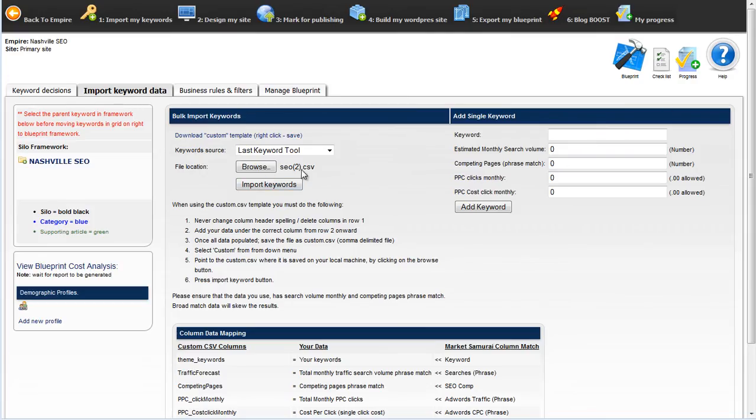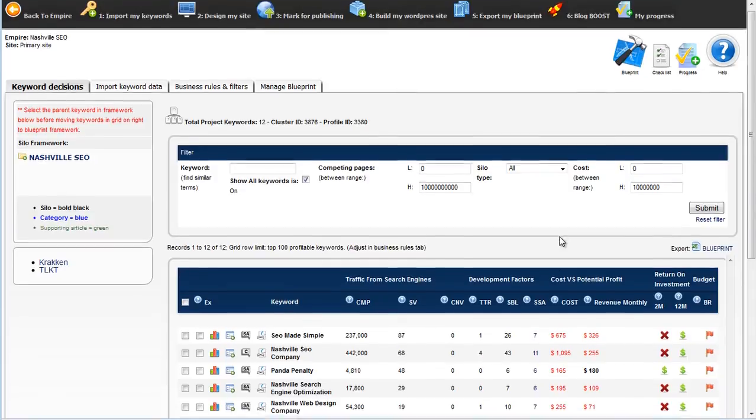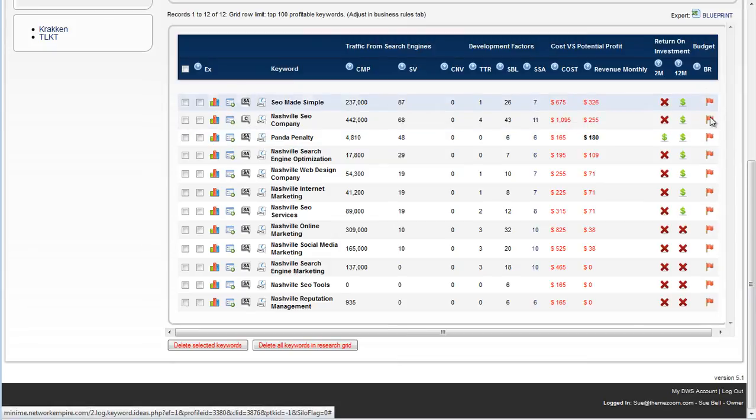Okay, so I'm starting with SEO, and I'm importing that bad boy. It's 2 because this is the one that's got the Nashvilles on it. And wow, nothing actually meets my business rules. So I'm going to take this off and just see what's behind the scenes. So you can see here nothing actually met my business rules. I would actually make an ROI here, but for one reason or another, nothing actually meets my business rules.